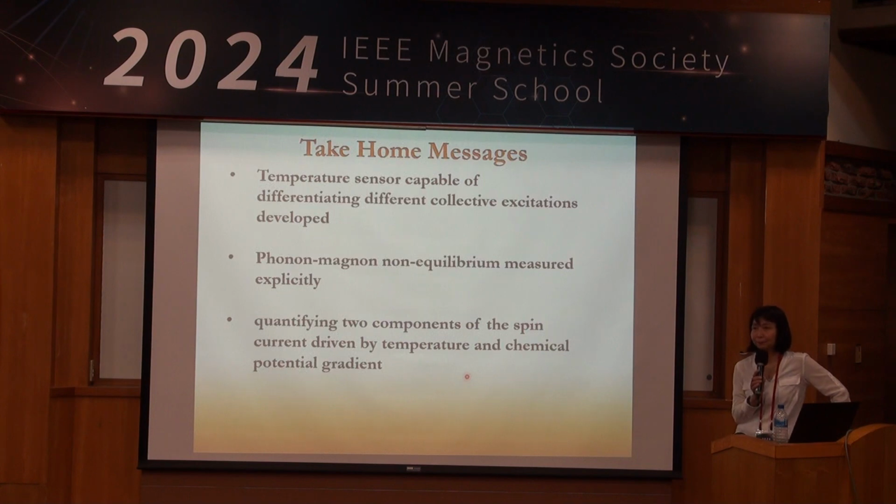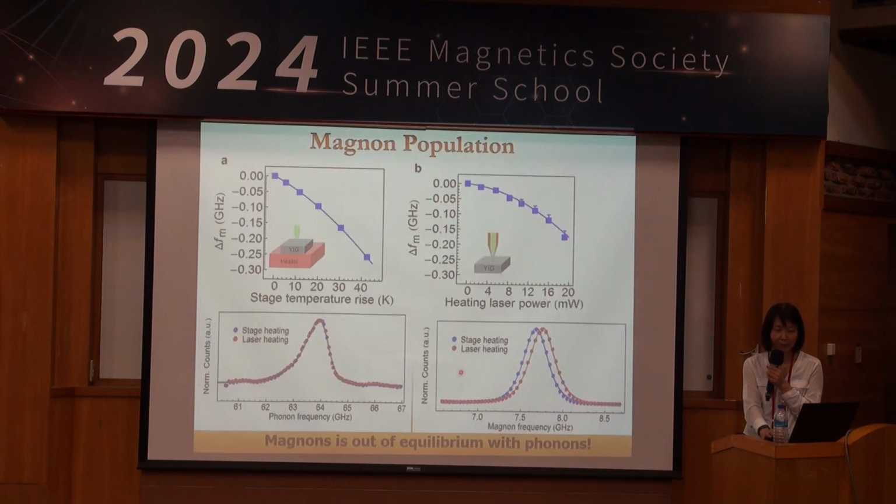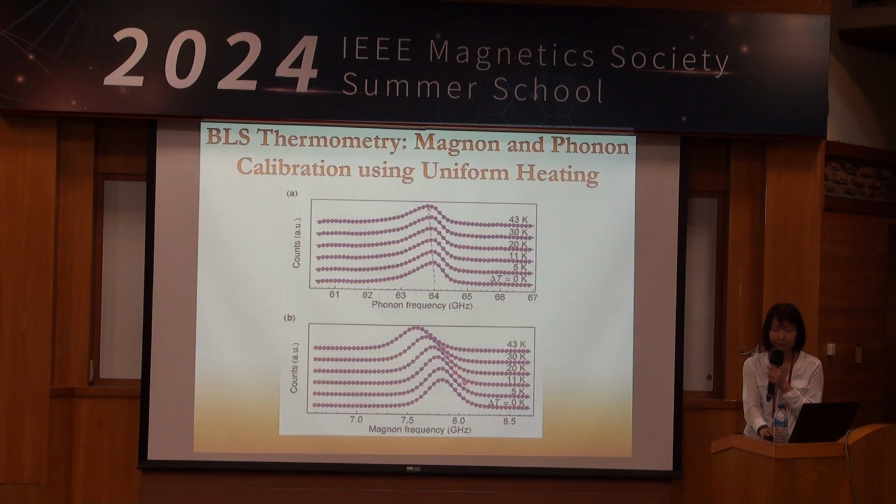So yeah, I'm a bit confused about the temperature of your magnons and phonons. So the procedure is that you're measuring the change in the frequency of your magnon by applying temperature, by heating your sample, but that temperature applied, the heater temperature of the sample, that's not the magnon temperature at that point, is it?